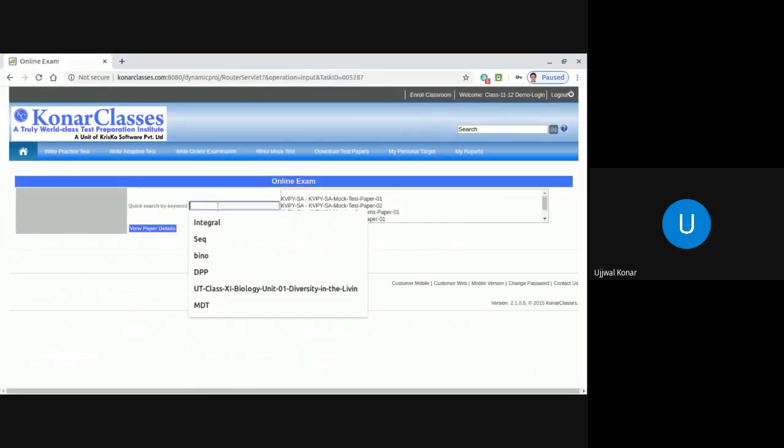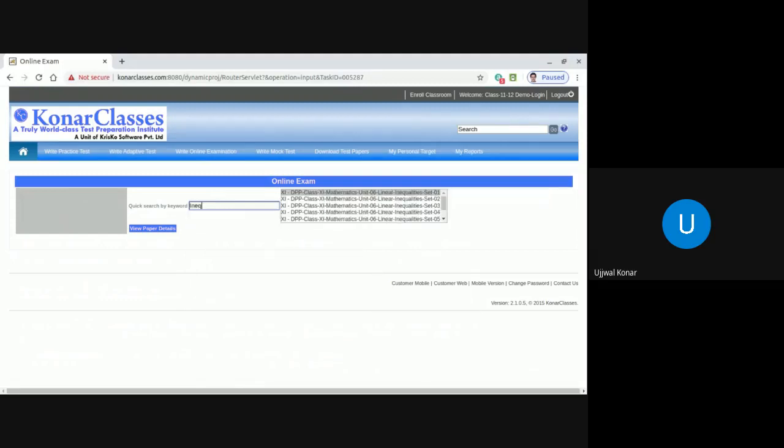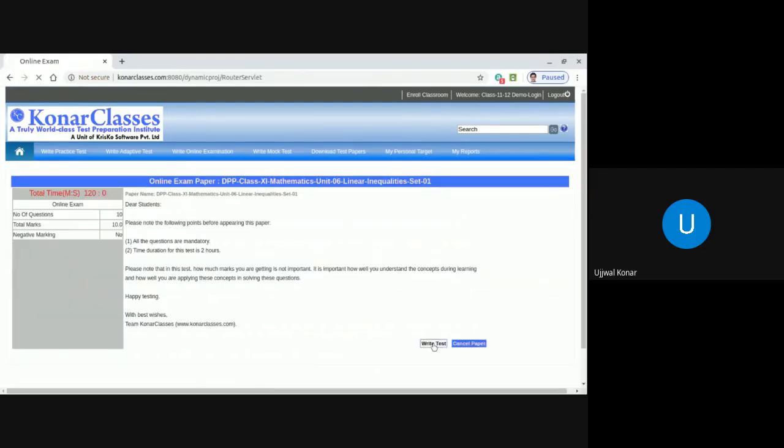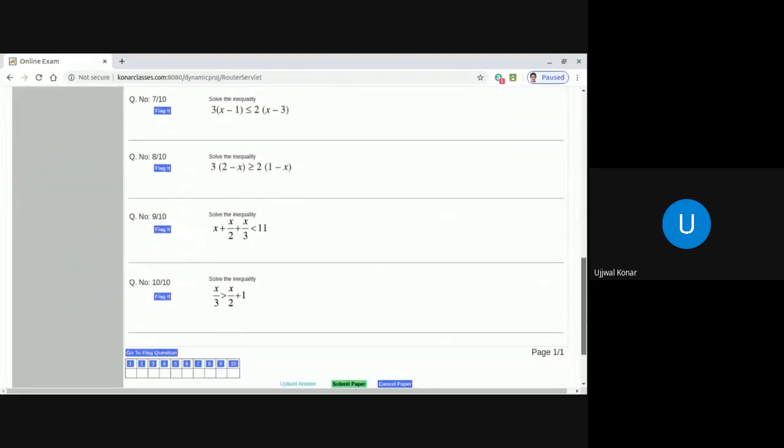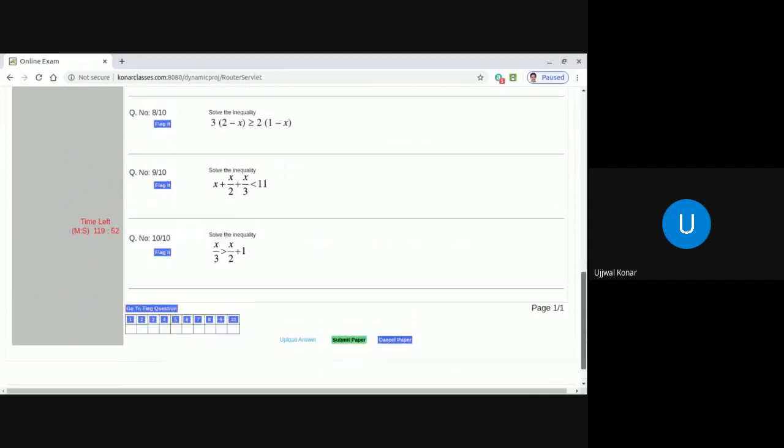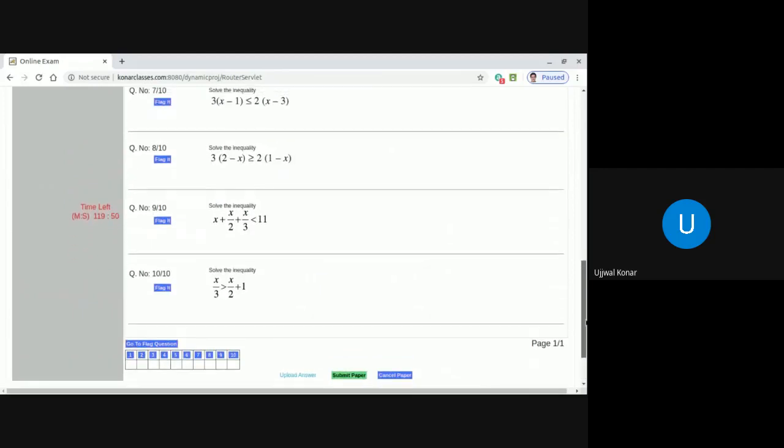Here you can search with inequalities. Yeah, it started coming up, inequalities. Solve the first two DPPs, Linear Inequalities 1 and 2, before we start our class tomorrow. Correct? So if we click here, then you will get the view paper details. You know all these things. Then start answering, start uploading. As you see, all the papers have been evaluated for almost all of you. For the rest of the papers, the backlog as far as evaluation is concerned will be cleared by today.